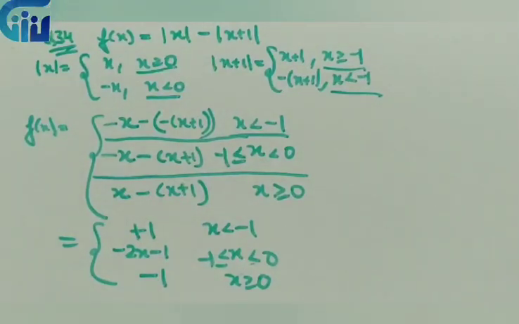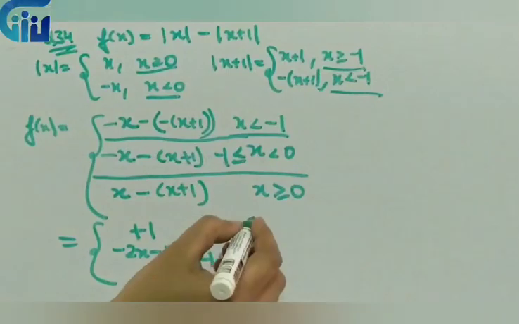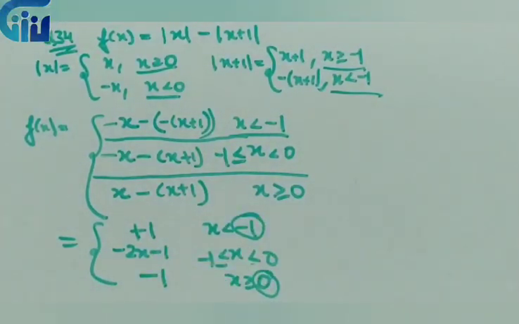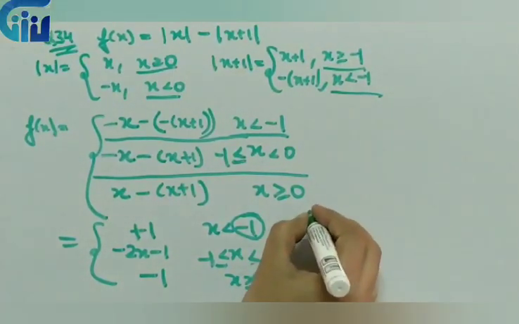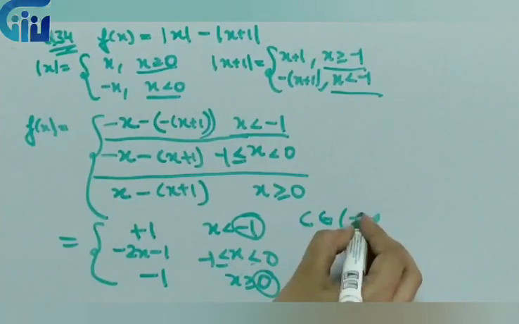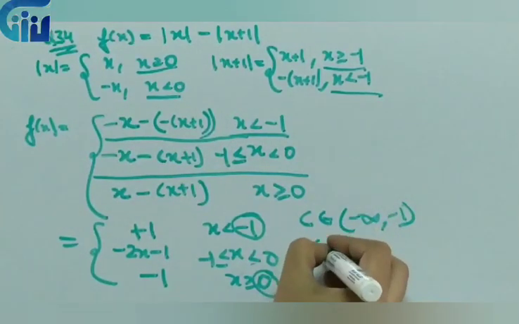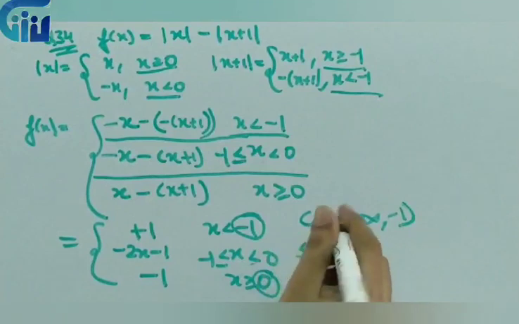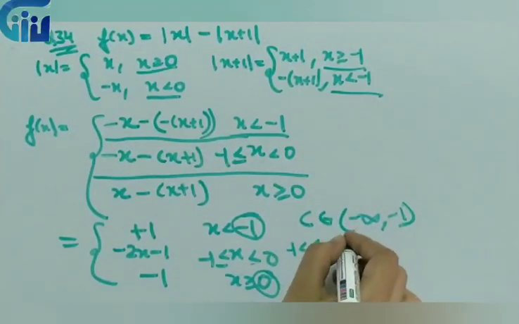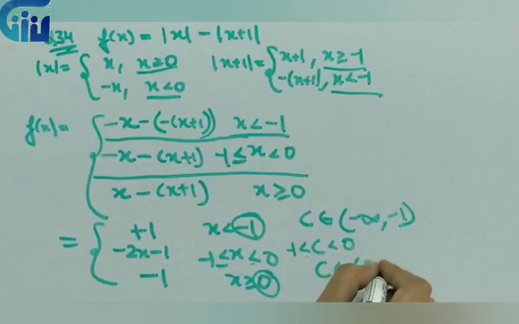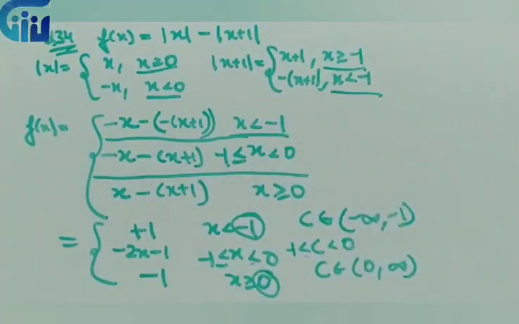Now what we have to do is simply check the continuity of this function. And how do we check continuity? Since we have 2 points, minus 1 and 0, we will have 5 cases. What all 5 cases will we have? First, c belongs to minus infinity to minus 1. Then c is between minus 1 and 0. And then c belongs to 0 to infinity. These 3 cases we always find to be continuous. Then we will check at minus 1 and then at 0, right?